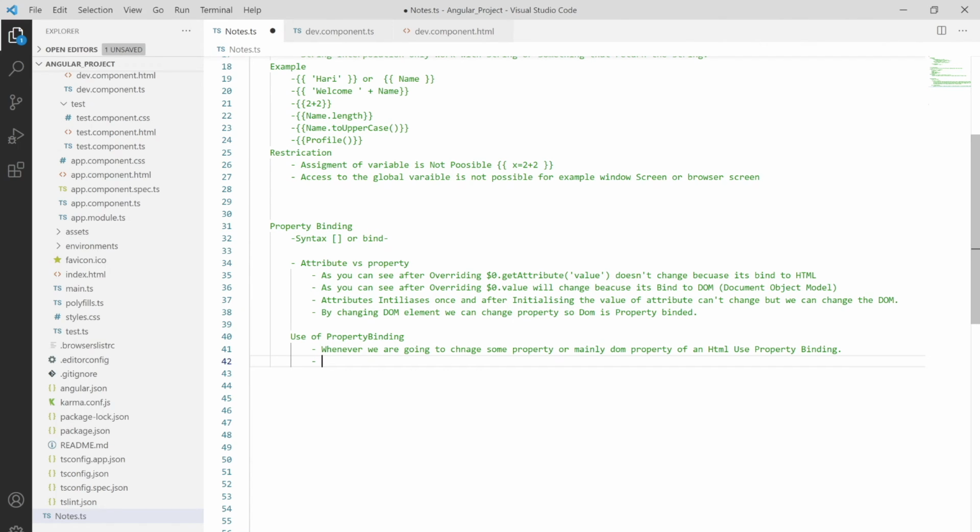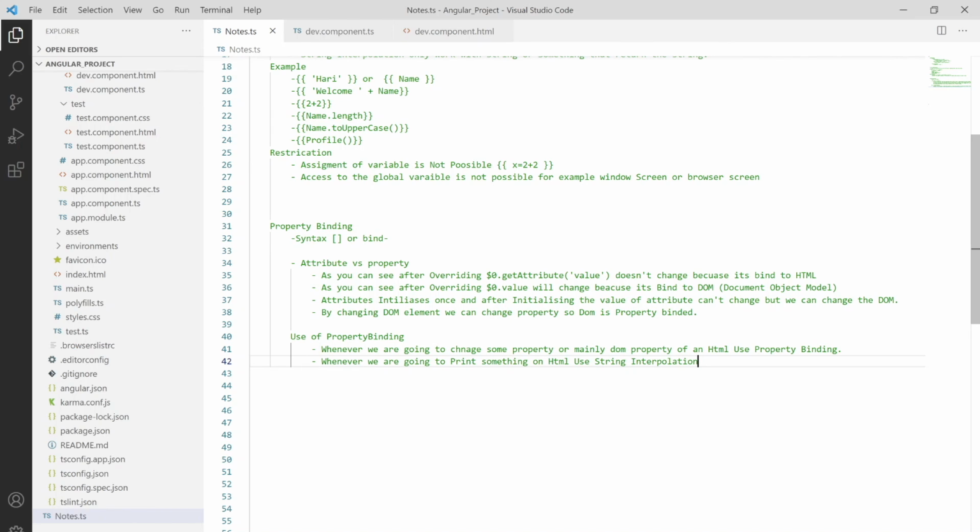Whenever we are going to print something on HTML, use string interpolation. So that's it, all about property binding.